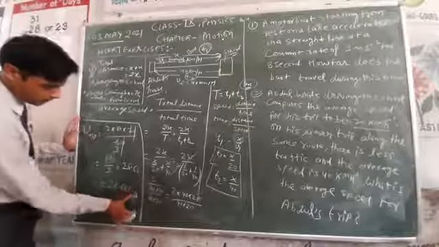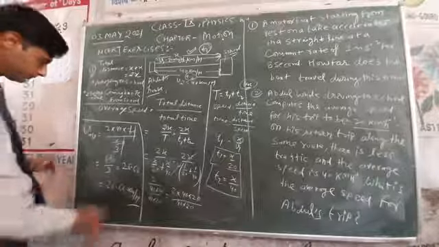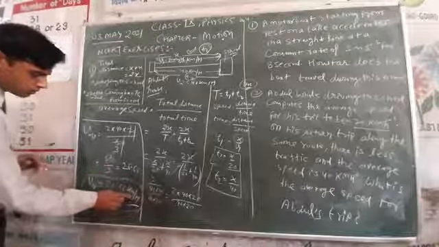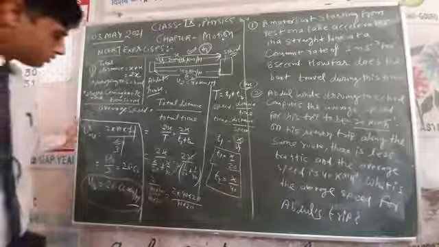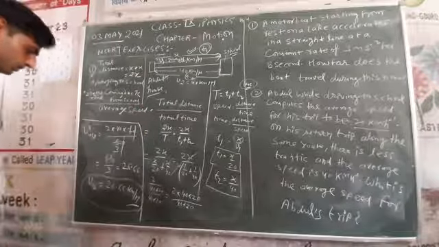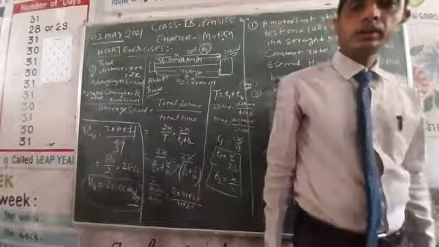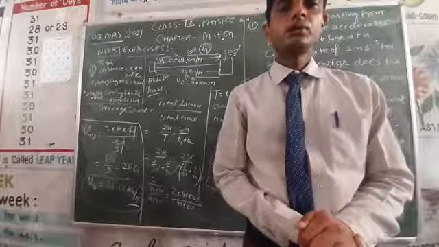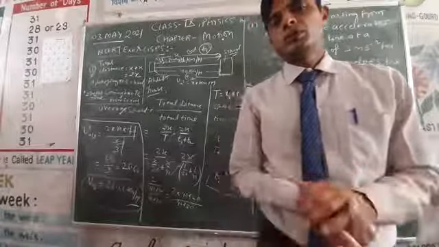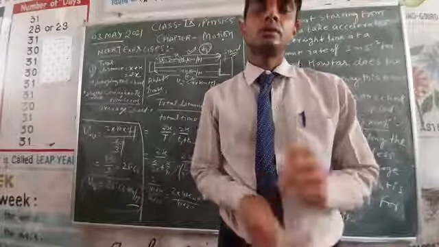So the answer is 26.66 kilometer per hour, because in this question the units are given in kilometer per hour. So the average speed of Abdul's trip is 26.66. I hope you understand, and you have to try to do more questions of your exercise. If you have a doubt, you can ask me, give me your question in a message, and I will make a video for your doubt.